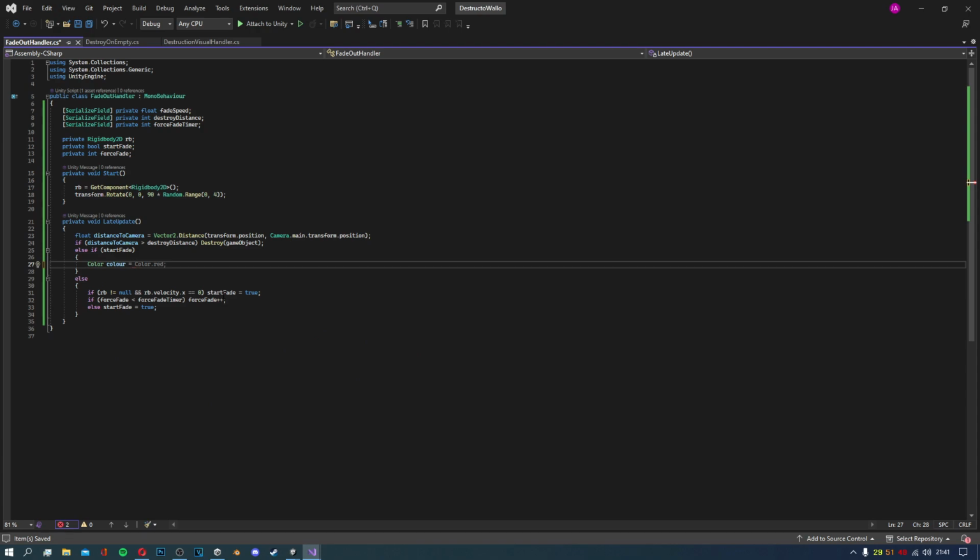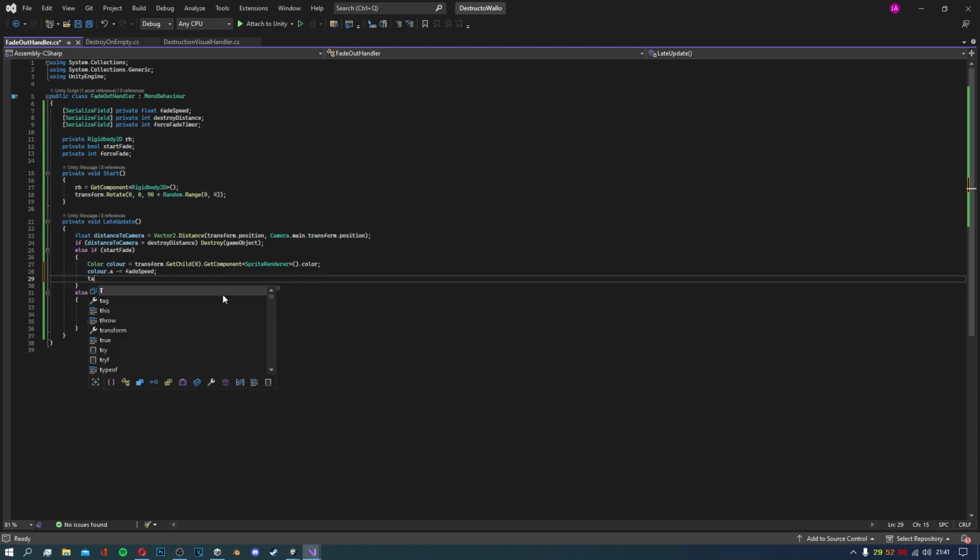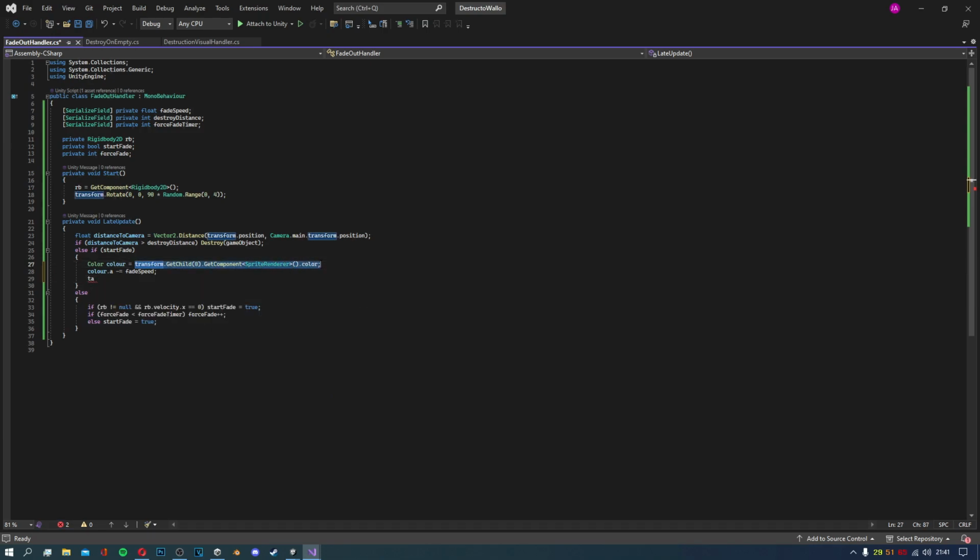So let's carry on and do transform dot get child, and we're gonna get 0 because it's always only gonna have one child. Dot get component sprite renderer dot color, and then we'll do color dot a minus equals the fade speed, and then we're going to apply that back to the sprite. So transform, actually we can just copy this up here, equals color,